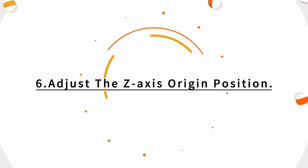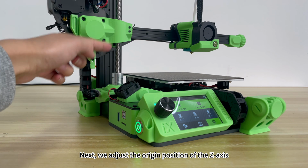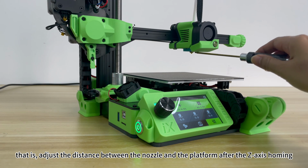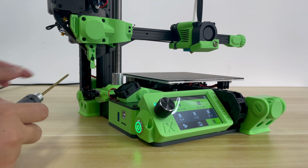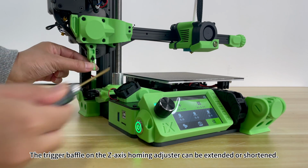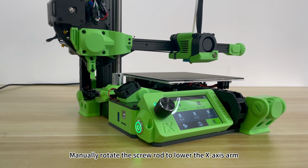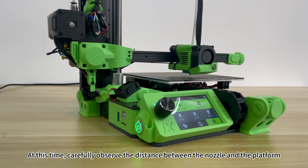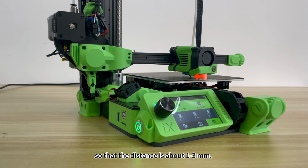6. Adjust the Z-axis origin position. Next, we adjust the origin position of the Z-axis. That is, adjust the distance between the nozzle and the platform after the Z-axis homing. The trigger baffle on the Z-axis homing adjuster can be extended or shortened. Manually rotate the screw rod to lower the X-axis arm. At this time, carefully observe the distance between the nozzle and the platform so that the distance is about 1